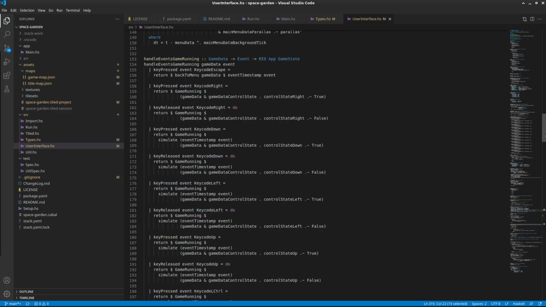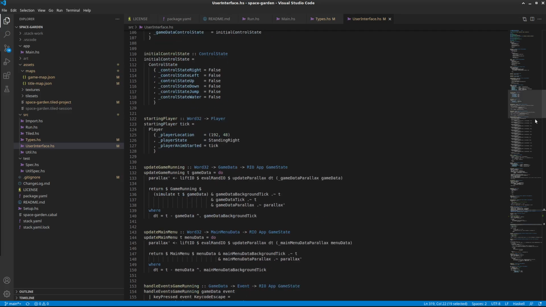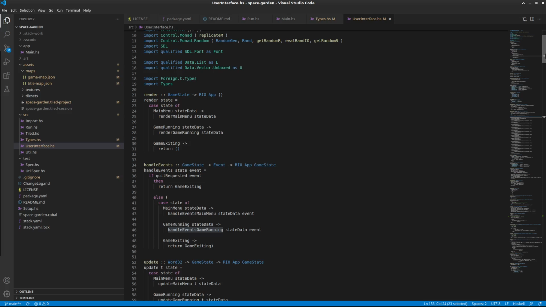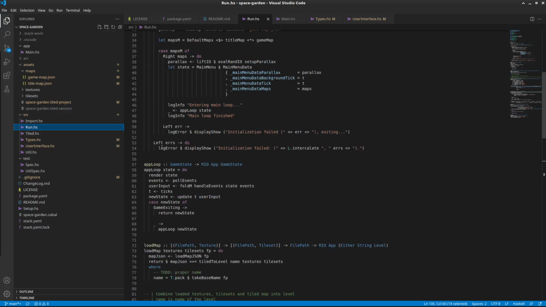The thing is, I had quite a bit of a problem trying to wrap my head around this. So I have handle events, game running, that is called from here, handle events. So the run, here is the run. Here somewhere we have the app loop. This is the heart of our program. This is a really simple application loop because we are not doing any fancy multi-threaded things. We are not doing any complex message passing or anything. It's basically we just